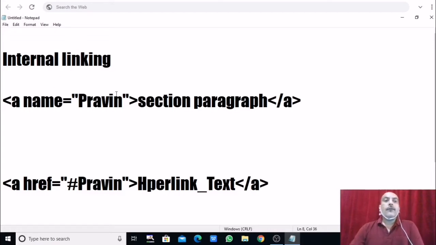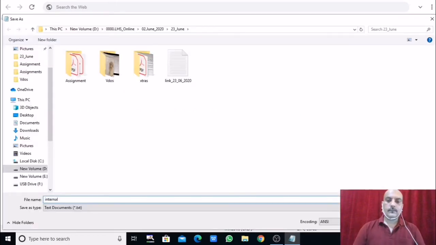Now see what will happen then. Go to file and save it, save as. Internal link.html on the desktop. I want to save it.